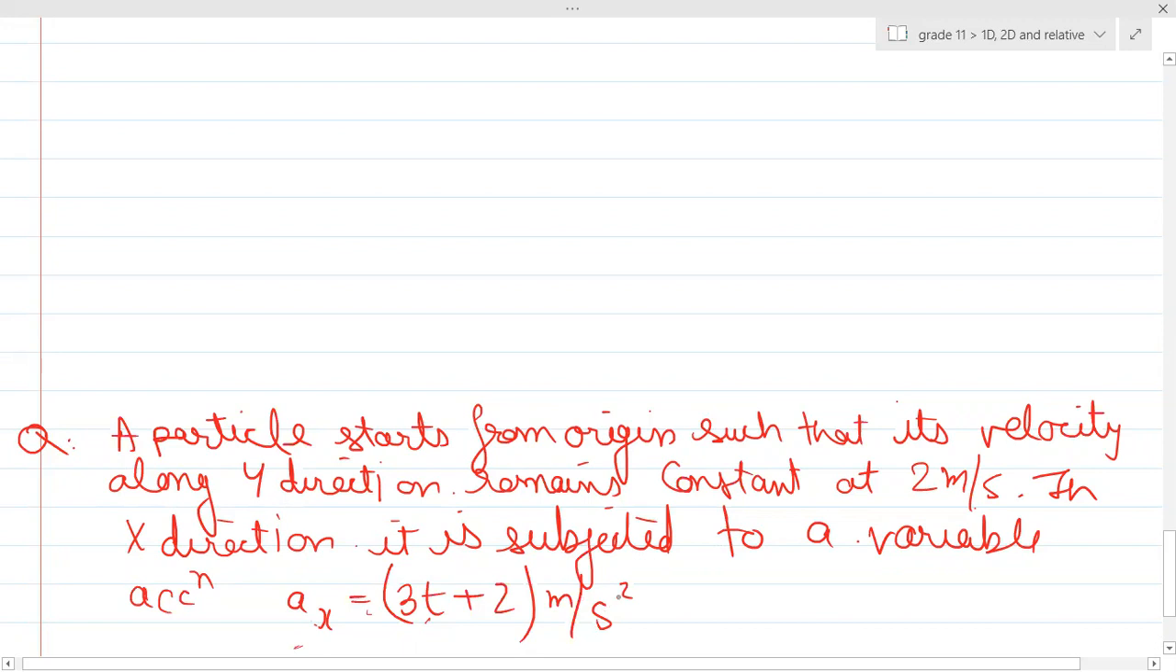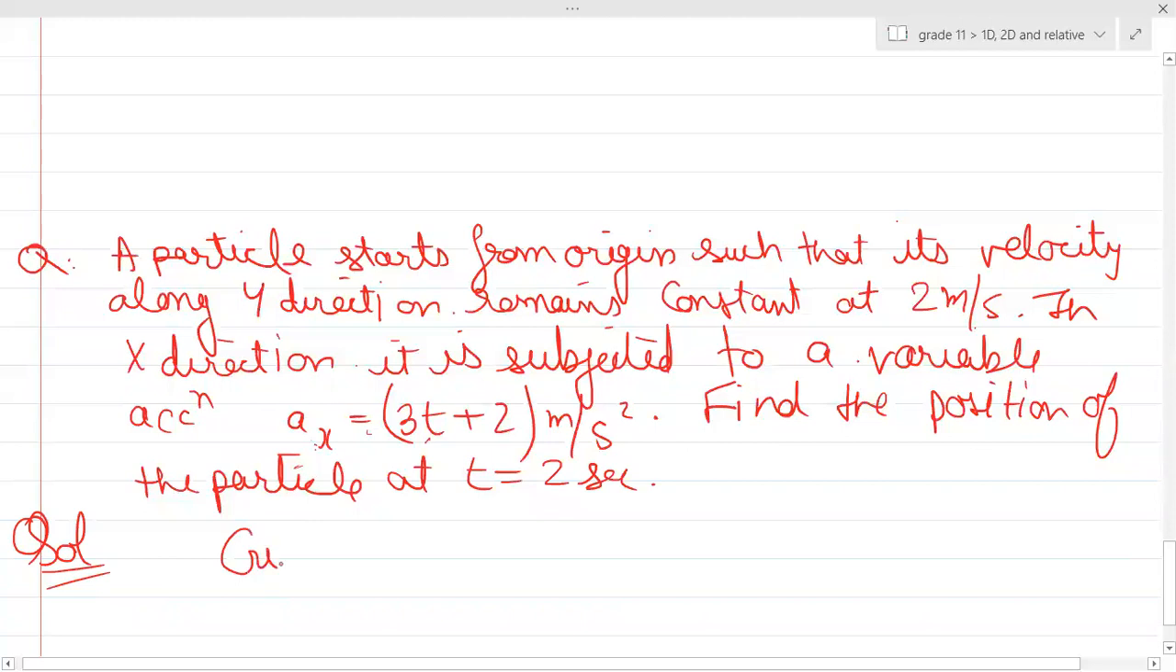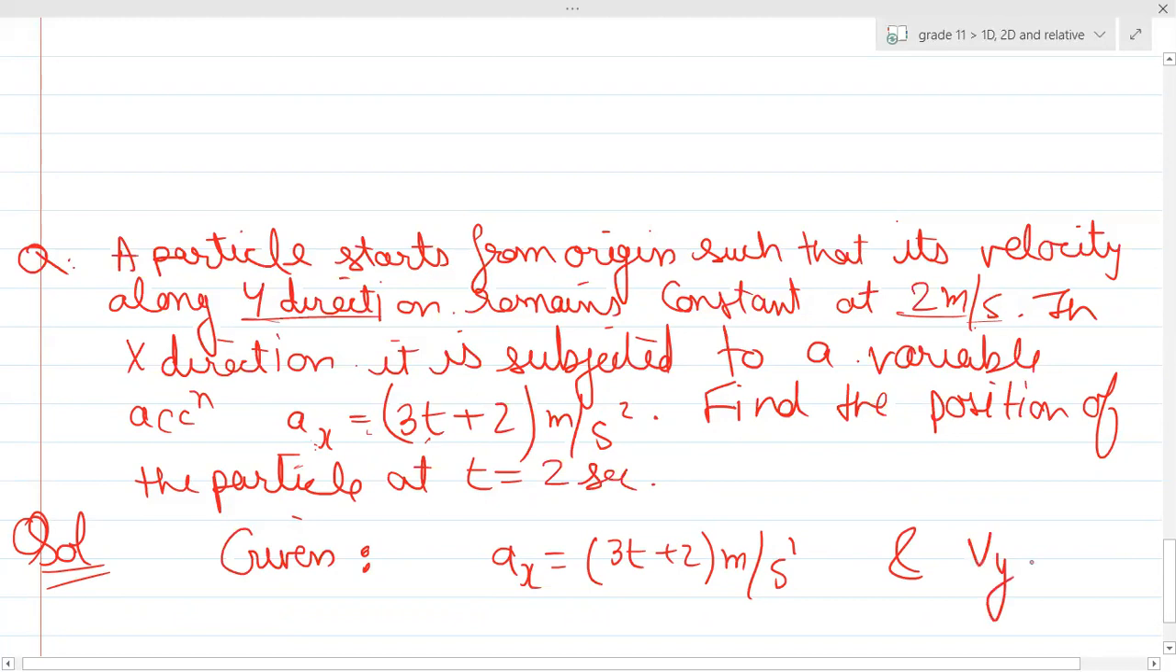Okay. Full stop. Now the question is, find the position of the particle at t equals 2 seconds. That is the question. What is given in the question? Just the acceleration is given, 3t plus 2 meter per second square. And apart from it, what else is given? Can you see the y constant? Velocity along y. So Vy is basically,